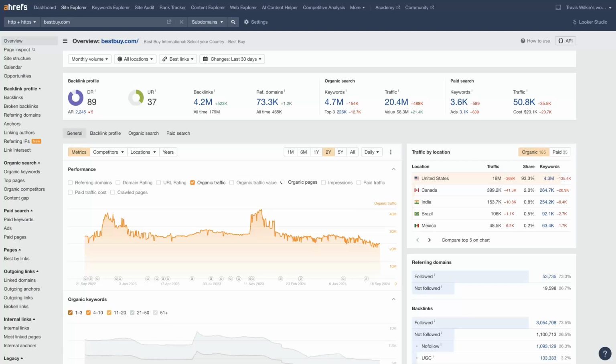So what is Ahrefs exactly? Well, if you're not already familiar, it is a paid tool, so you have to sign up and pay in order to use it. But it's going to allow you to analyze what's going on with basically any website on the internet, at least any that have a decent amount of traffic and activity on them. And it also allows you to